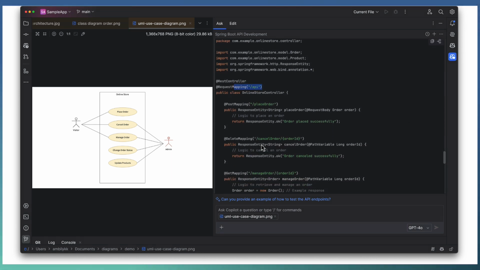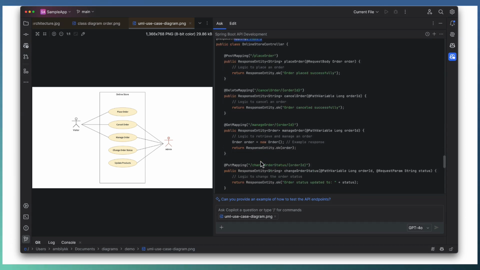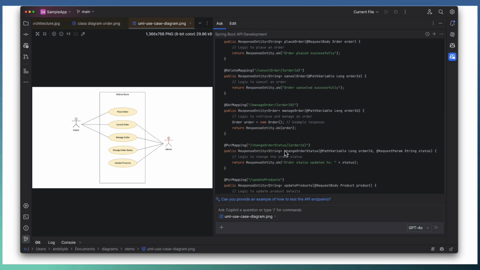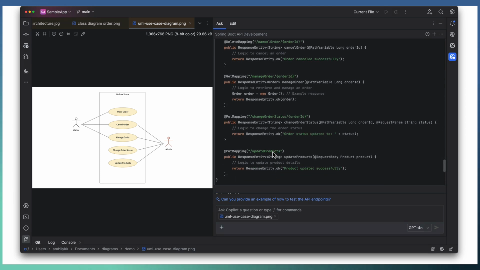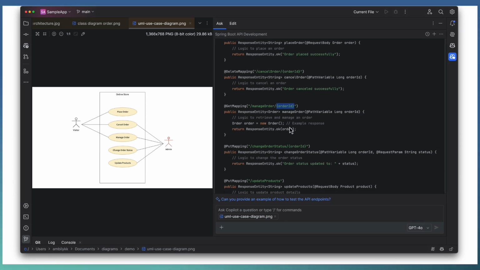Place order, cancel order, manage order, change order status and update products. All this is captured with the proper routing and the required information. Order ID is required for managing or cancelling the order, and that is captured as part of the routing.